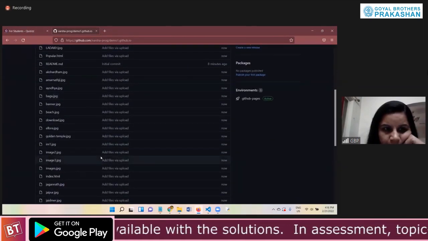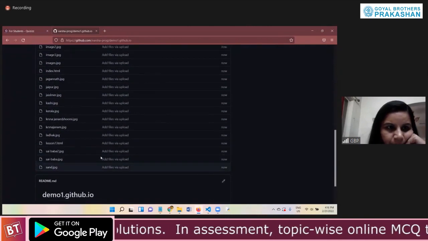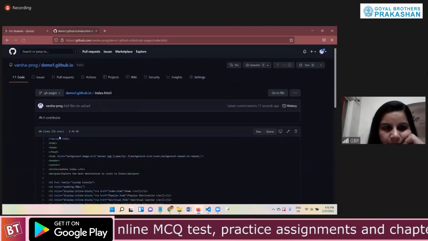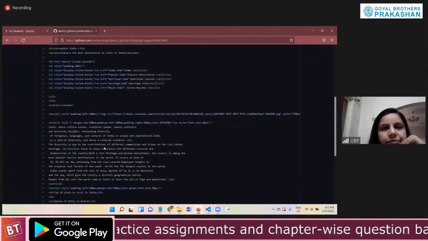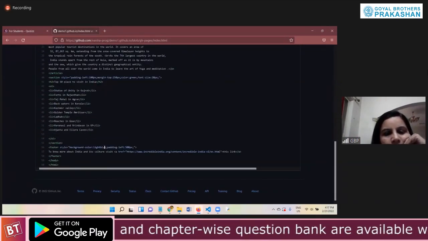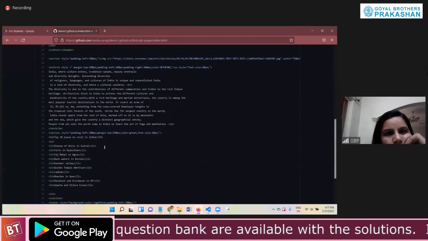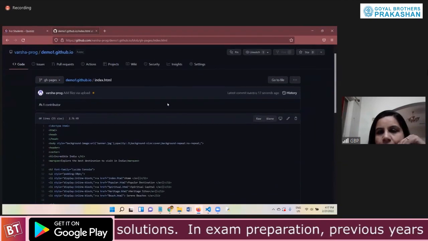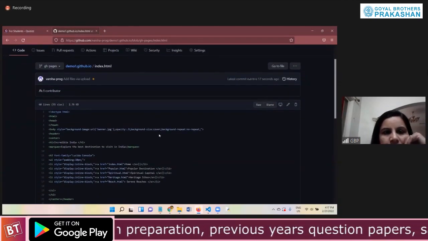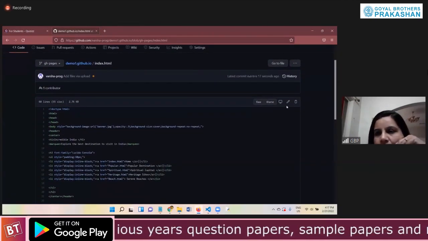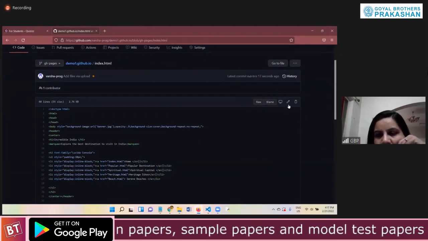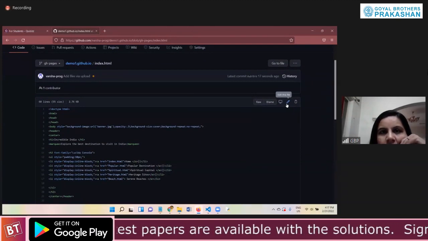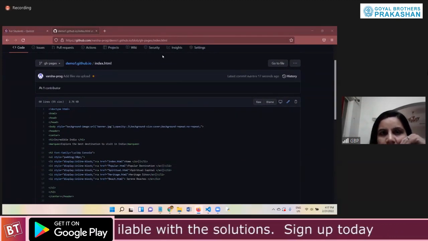Now if I want to open any one of my files, I can go over here, I can click it. Okay, when clicked, this file comes up. Whatever code we had written, it is over here. And somehow if I want to edit it, if I want to change something in it, change the color or anything, there is a pen which says edit this file. So I can edit it from here. Okay, right now I'm not editing it because